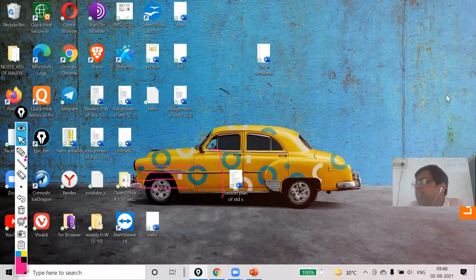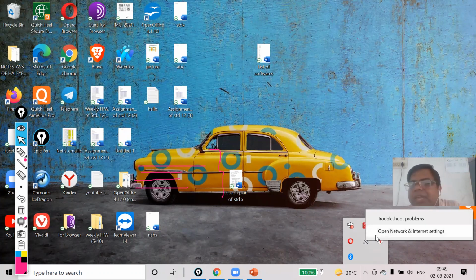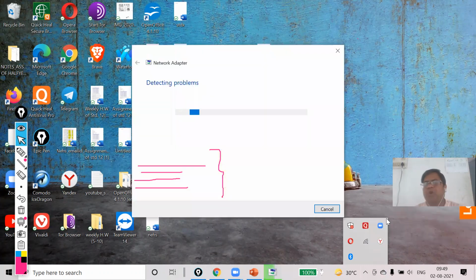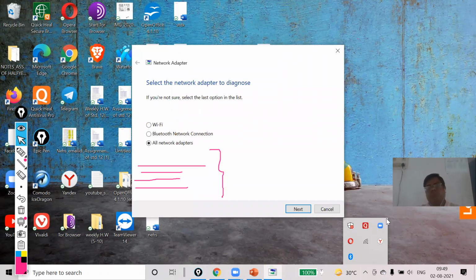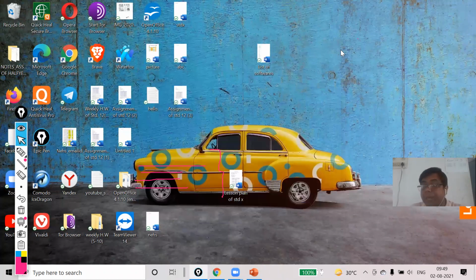Now if everything is well, then no problem. But if you still cannot get internet or network in your PC, simply click on the up arrow key. Here you will have the network connection. Click the right mouse button and then go for Troubleshoot Problems. Now wherever you have the problem, you can go one by one to detect it.